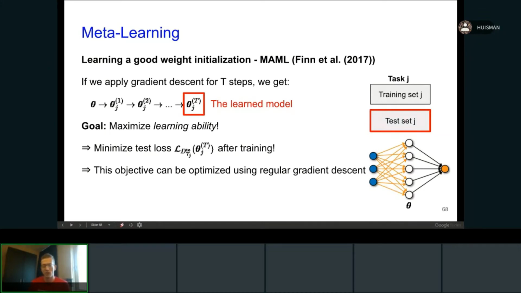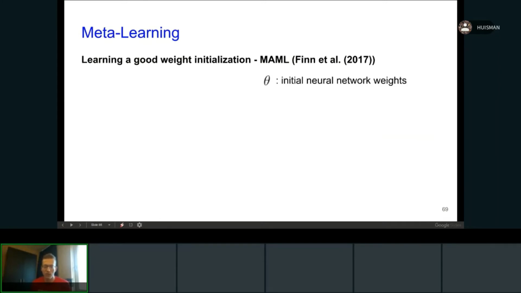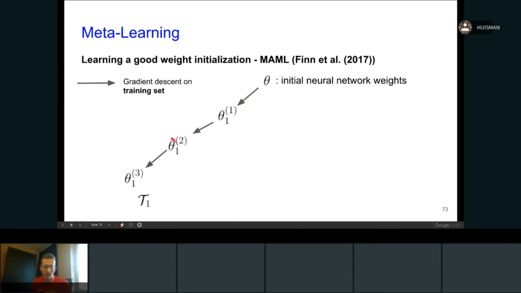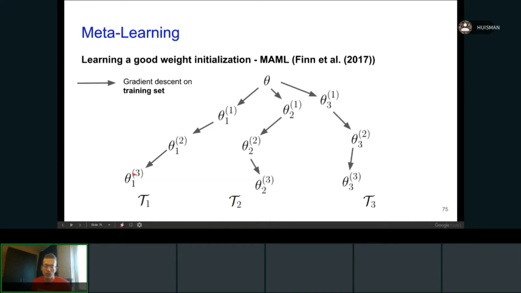So how this looks is you start off with your random, or learned, initialization parameters. You are presented with a task, let's say task 1, and then you make some updates on the training set. In this case, we made 1, 2, 3 updates. Now we do the same thing for some other tasks that we encounter, and then we evaluate the learned models, and we evaluate how well they have learned on the test sets of these 3